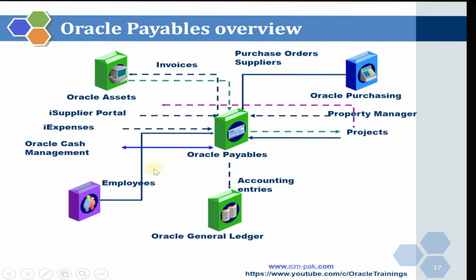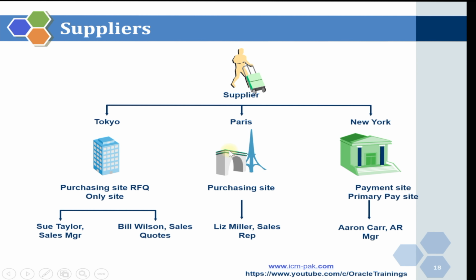P2 means procure to pay process. So procure to pay is a very important process where you will make the payment. The process will start from the procurement until the payment. Okay. Now, if you see here in Oracle Payables, there is something called